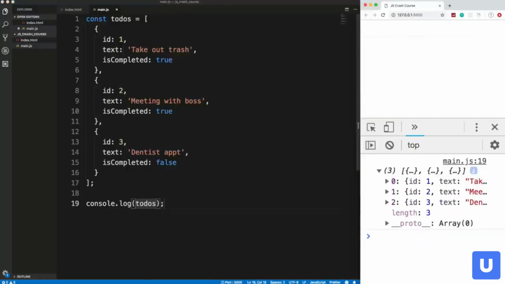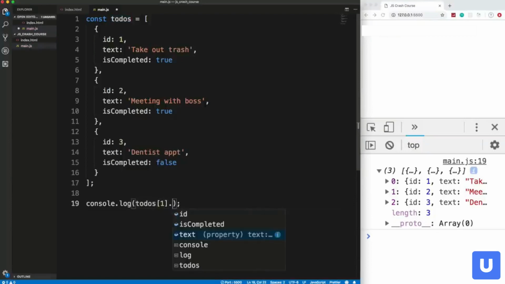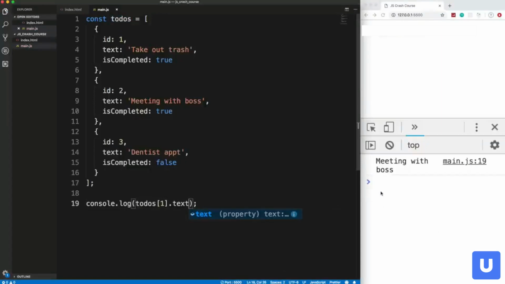all objects. All right, now if we wanted to grab, let's say, this text, meeting with boss. If you're brand new to this, what I want you to do is try to print this out in the console. Okay, so you know how to select from an array, you know how to select from an object, so just print out this meeting with boss. All right, so what you would do is take to-dos, and we know that it's the second value in the array, so that's the 1 index, and then we just want the text property. Okay, so we get